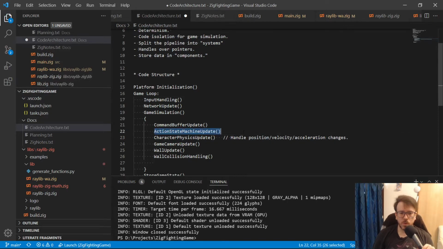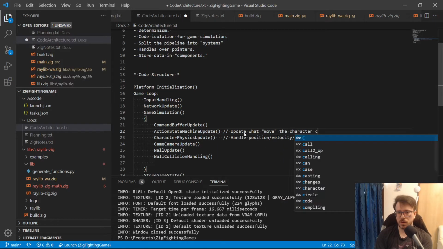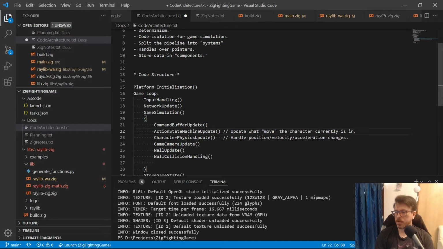The tricky thing is what do you do first, right? The action state machine update is what we're updating: what move the character is currently in. So you would say take a command. Okay, yeah.